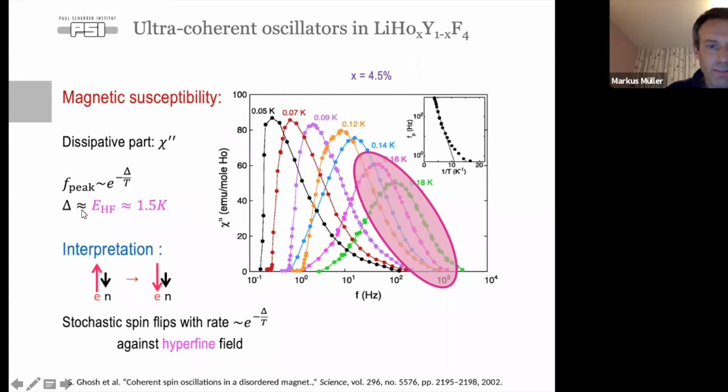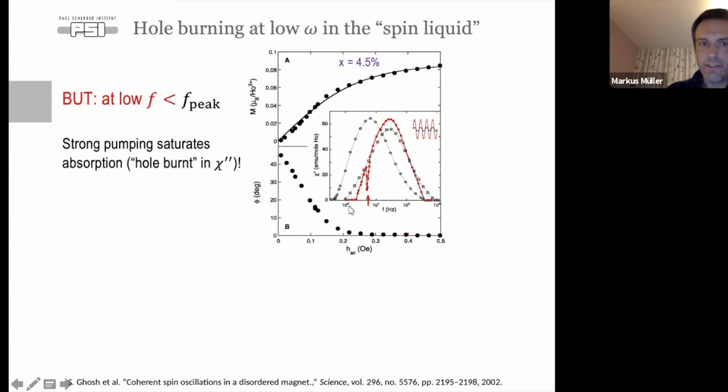That's actually what you expect, because you have a hyperfine activation energy to flip an electronic spin, because the nuclear spin stays the same and the electronic spin flips against it. That costs hyperfine energy, and that makes spin flips relatively rare. That's what you see here, essentially. So that's trivial physics. But if you look at low frequencies below this peak on the logarithmic scale, and you pump at this frequency pretty strongly, and then you measure susceptibility, then you find that there's a very sharp and deep hole here. So by pumping the system at a given frequency, you are able to burn a hole